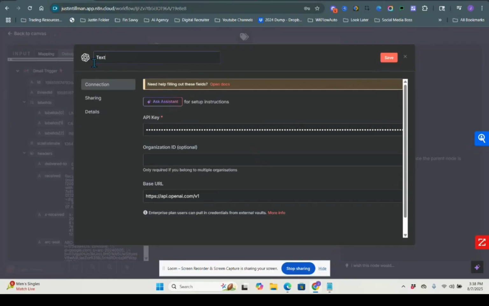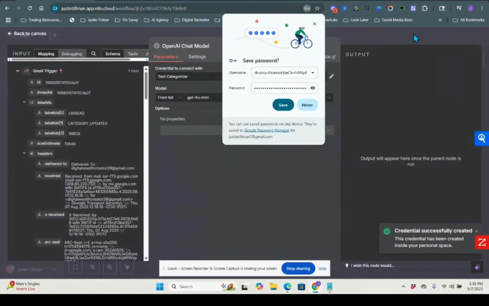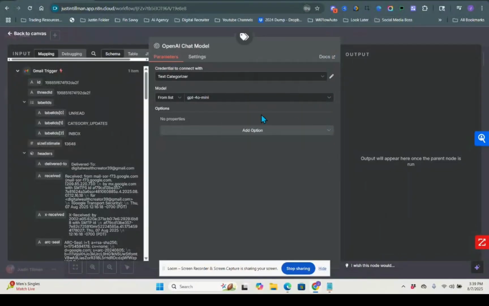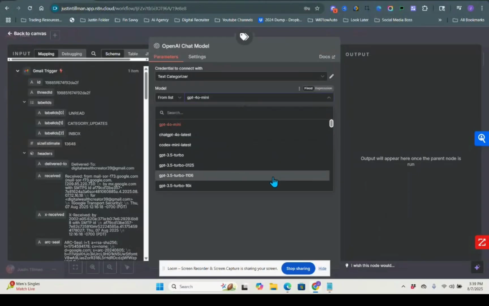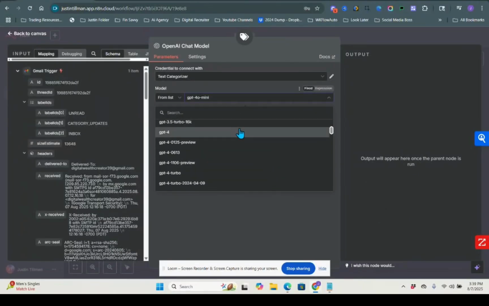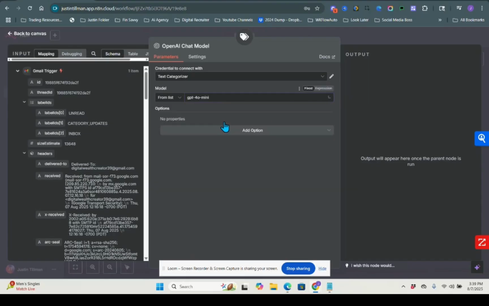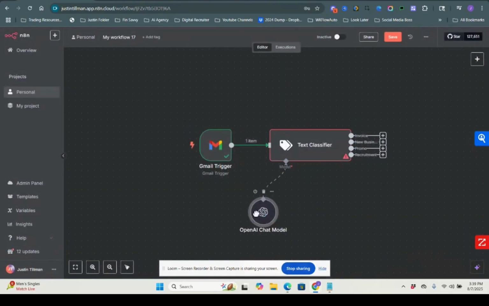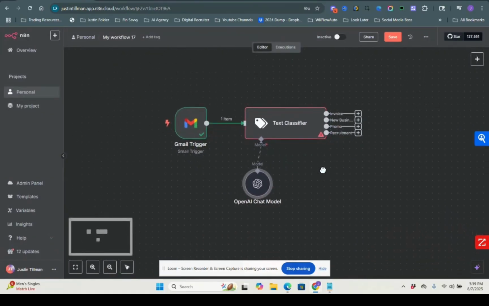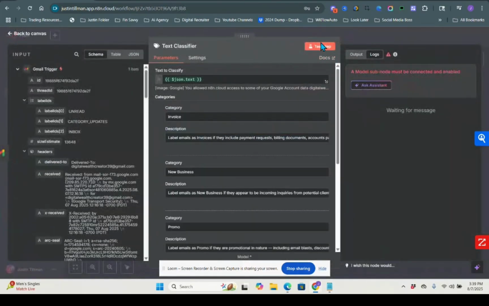So we call it text class cat. All right, so it's called text categorizer. Now we save. Okay, so now you can pick the model that you want to work from. We'll do GPT-4o mini, but again, you can pick from any of the different models. You can do GPT-4 Turbo. It really depends on what you want. But GPT-4o mini is great for tasks and these types of activities. Okay, so now if we test this again,